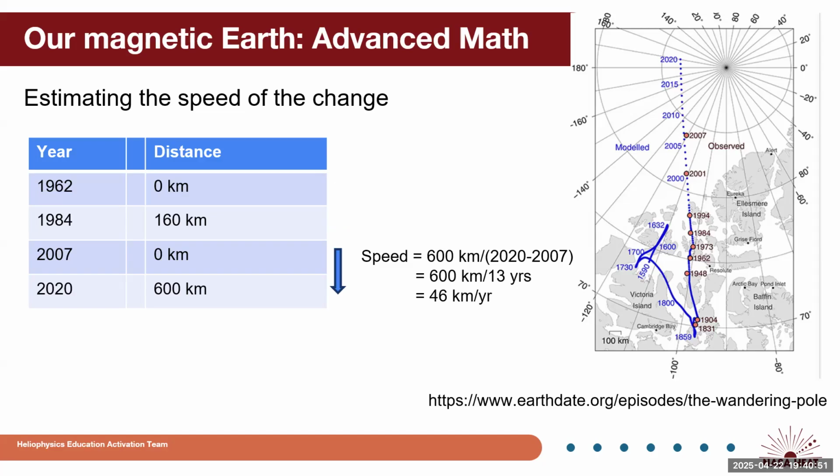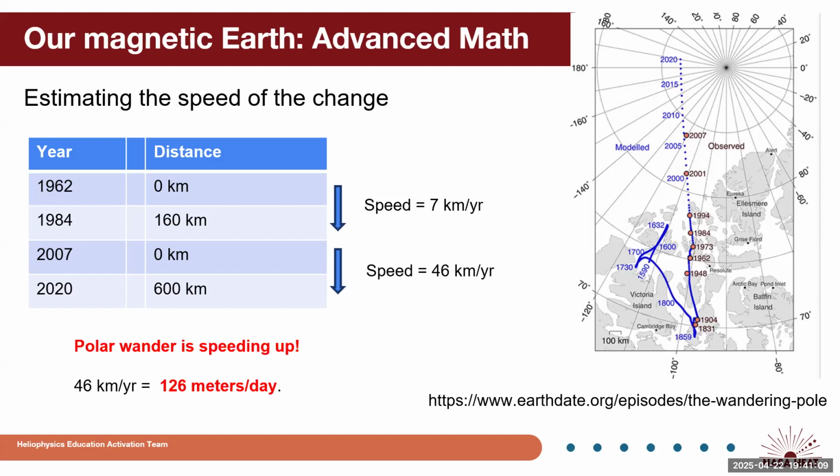So the motion of the Earth's magnetic field has geographically increased in speed by 7-fold in just a matter of about 50 or 60 years, which is quite an impressive change for a physical system that's as large as the Earth. So not only is the magnetic pole of the Earth moving geographically, but that motion is not uniform. It's not like the orbital motion of a planet around the sun. It's its own thing, determined by the physics of whatever is going on in the outer core of the Earth during this particular period between